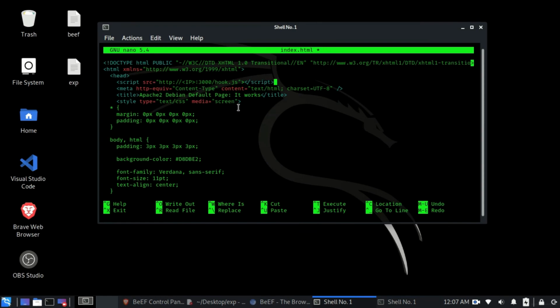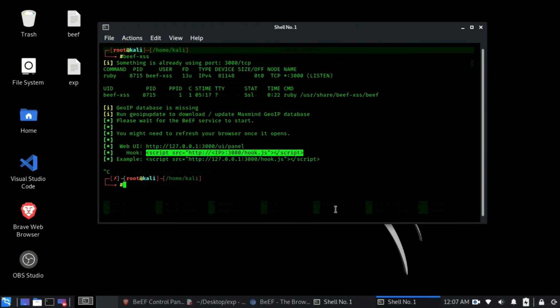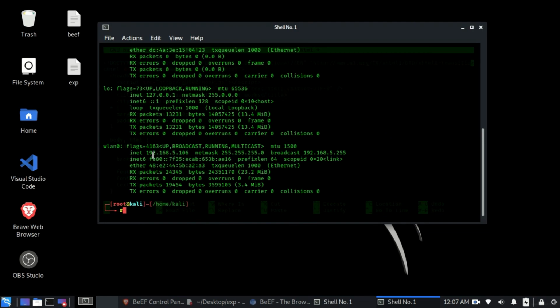Now here I need to change the IP present here to the IP address of my Kali machine. So I will go to another terminal and see what the IP address of my Kali machine is. For that I will type ifconfig, and the private network IP address for my machine is 192.168.5.106.